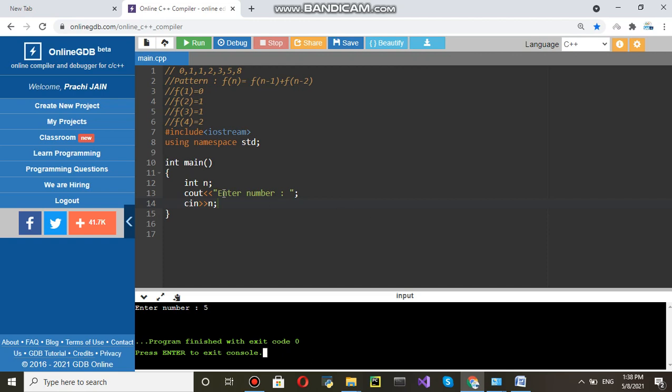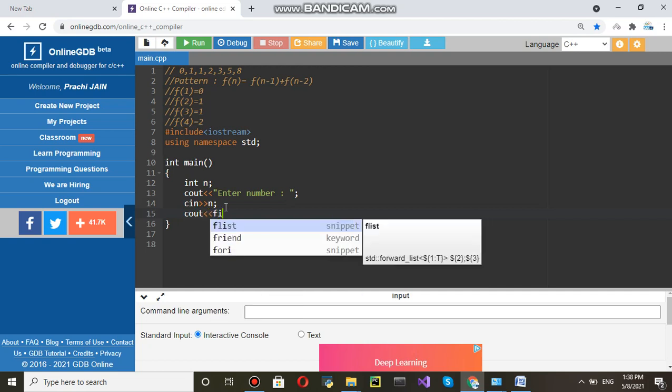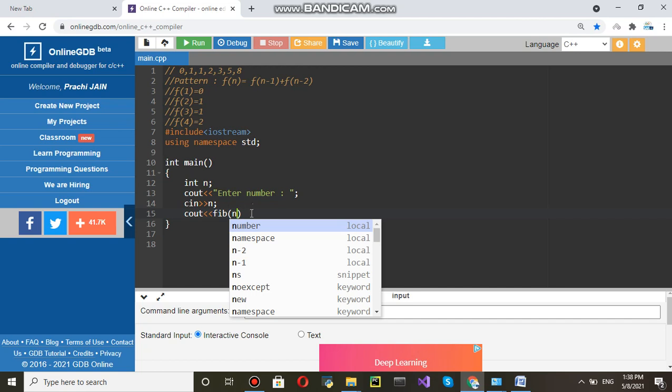So what we need to do, see cout, and then we need to find the Fibonacci value for that number. For that number we need the value of the Fibonacci series. So n is passed here, right?